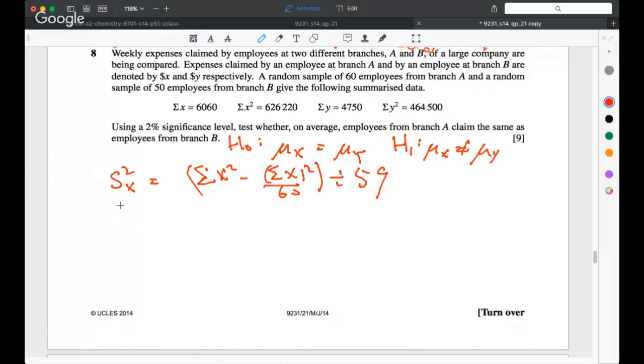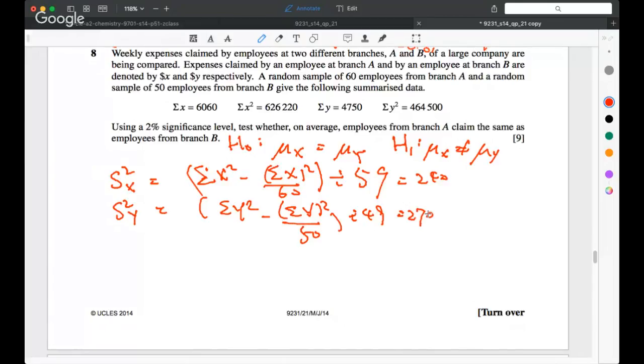And similarly, we can calculate Sy. And after we've found these to be 240 and 270.4,